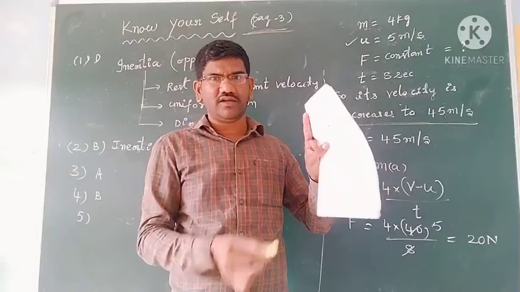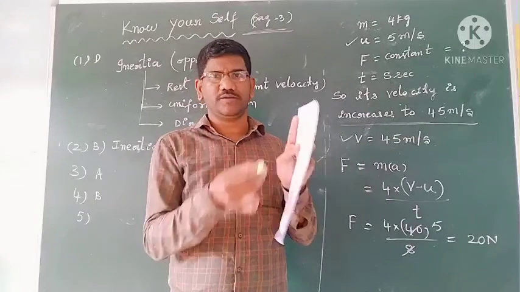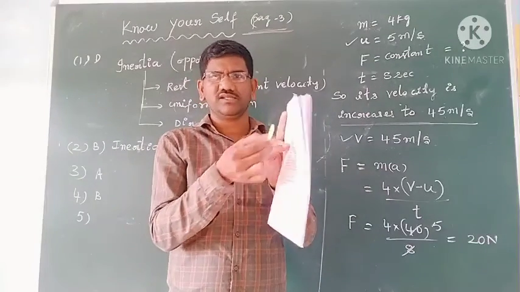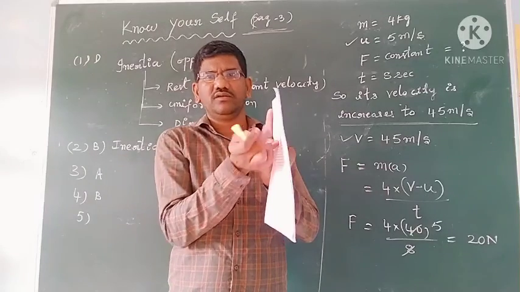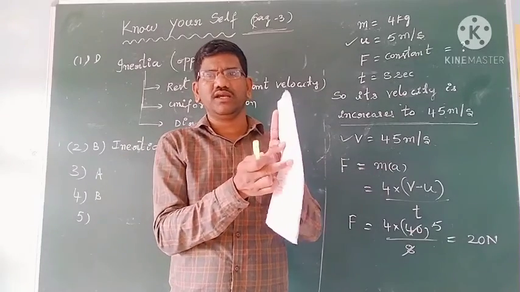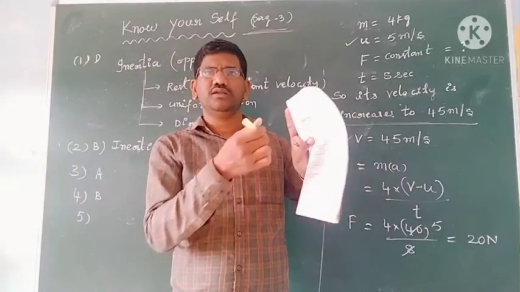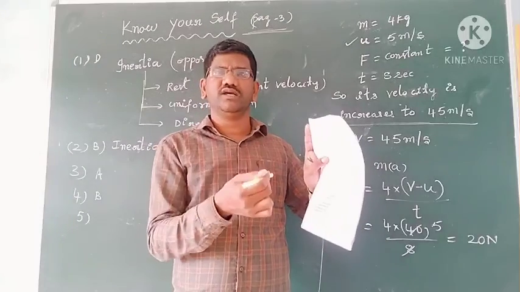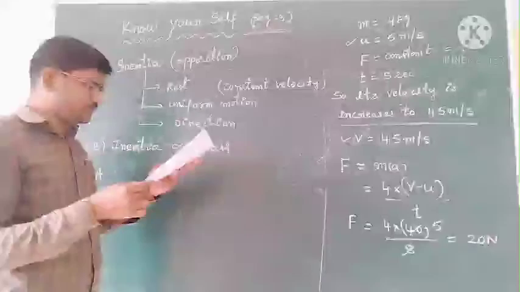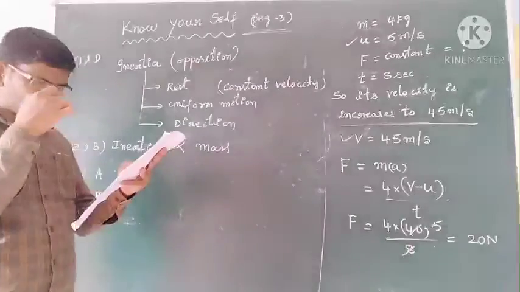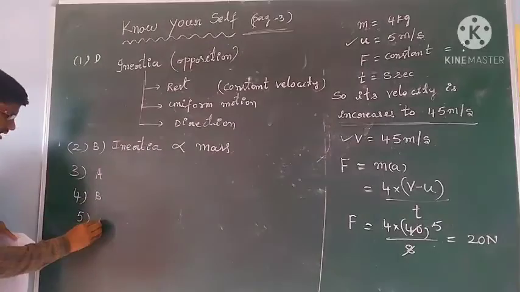So due to the gravitational pull, it will fall in the downward direction. Because this is the carpet and this is the dust particle on it, when you hit it, the part which is being hit comes into motion, and the remaining dust particles, there is no attachment, so they will fall downward due to the gravitational pull. So inertia of rest keeps the dust in its position. So fifth one, answer A.